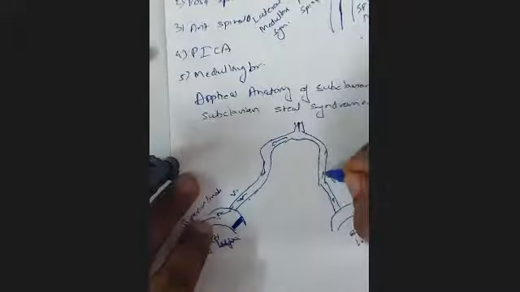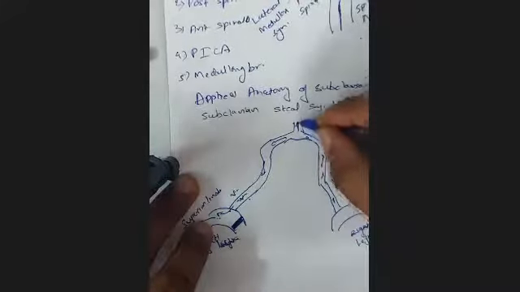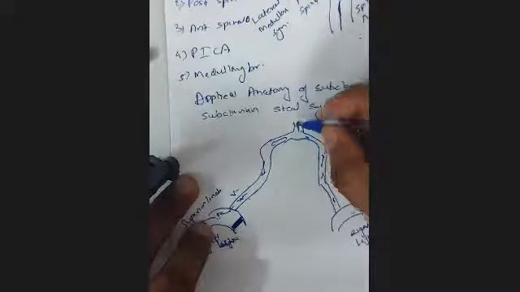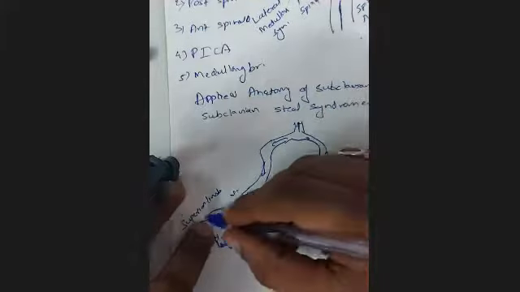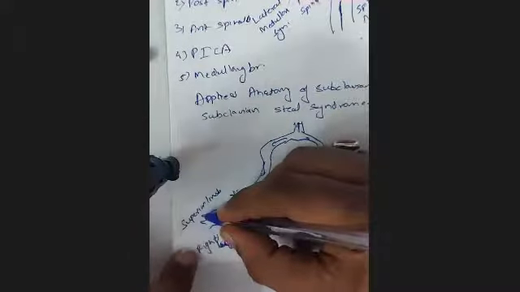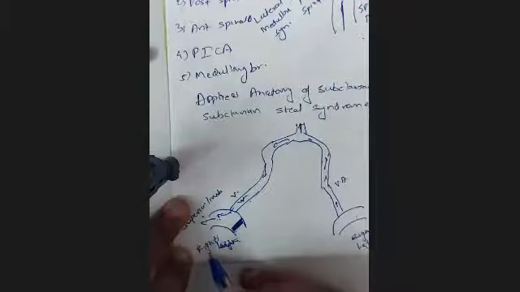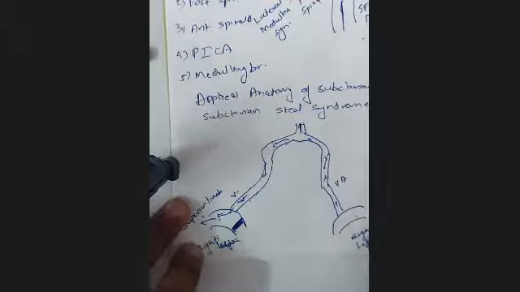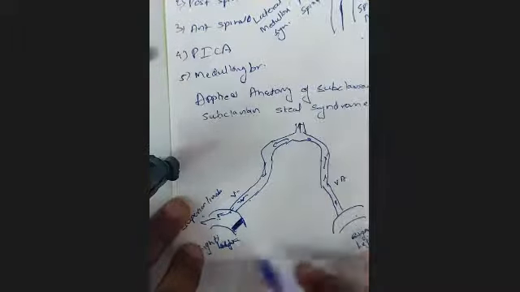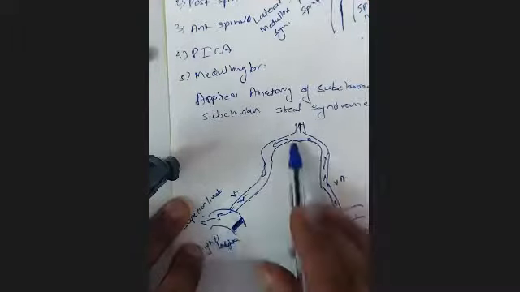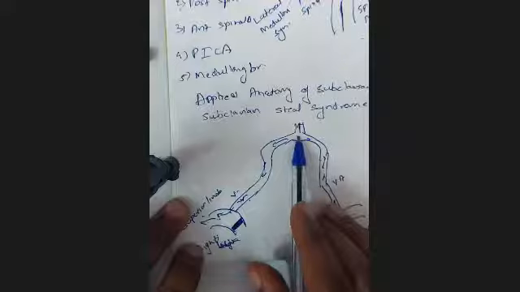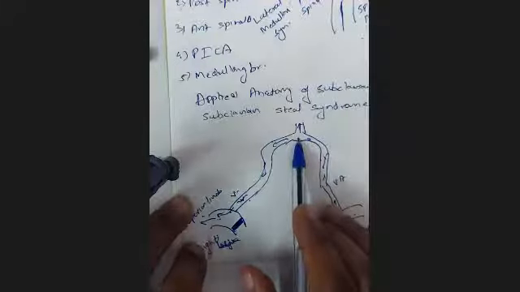In short, this blood was supposed to go to the brain, but is being pulled to the right side upper limb. From the left subclavian, the right subclavian is pulling the blood, taking advantage of the two vertebral arteries uniting. In this whole process, the blood supply to the brain may get compromised, and that is called subclavian